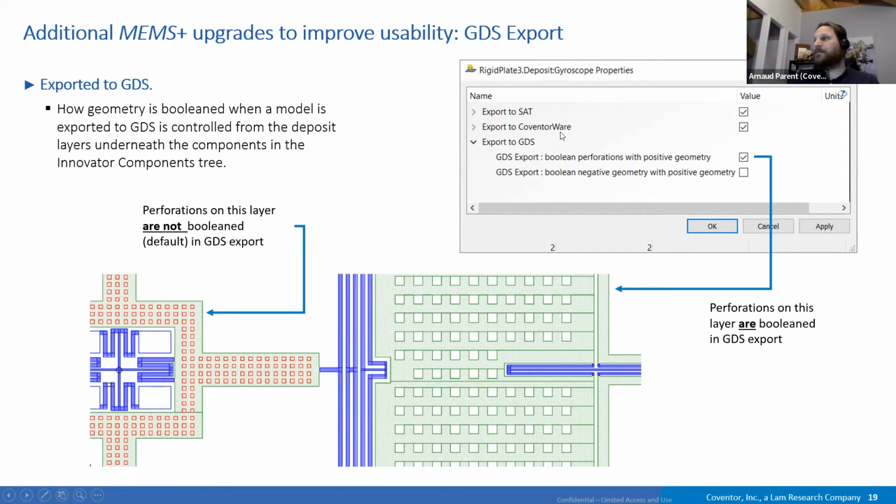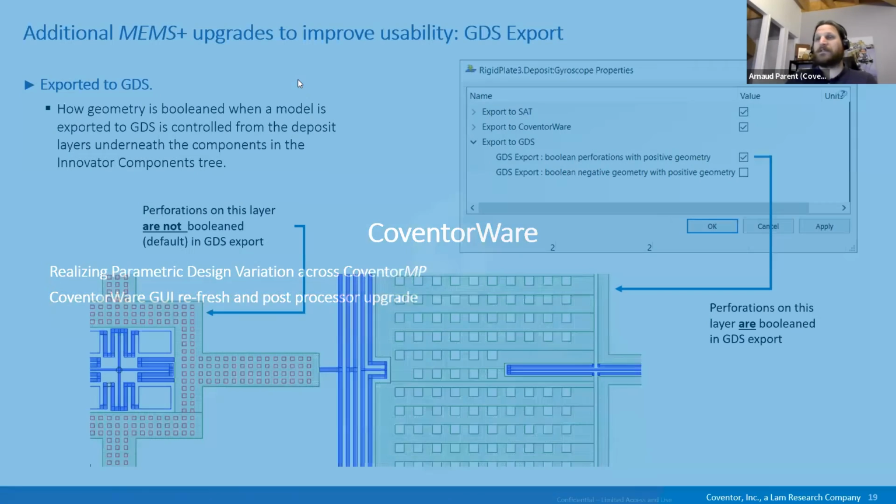This is done thanks to a property in the deposit called GDS export Boolean perforation with positive geometry. If you prefer having everything on one GDS, you will click this checkbox. If you want to keep two GDS, one positive and one negative, you can keep the box unchecked. So that's a change that offers a new possibility to export GDS.